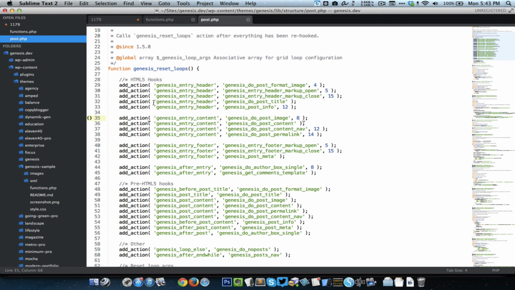And if you want to move something from here to here, just copy that, put it here, and change the location or the name of the hook accordingly, and adjust the priorities if necessary. Remember that 10 is the default priority, and things with lower priority, they go up to the top, they appear at the top, and things with a higher priority, they go to the bottom.